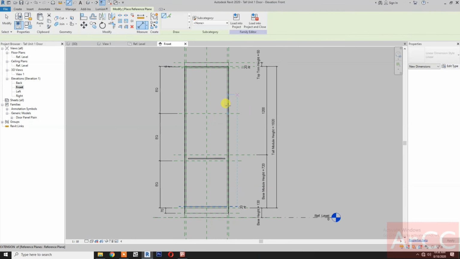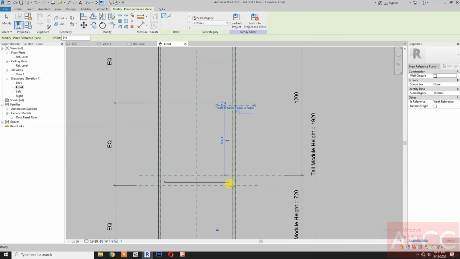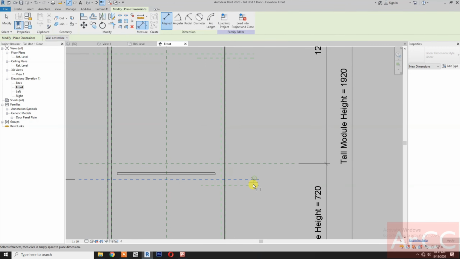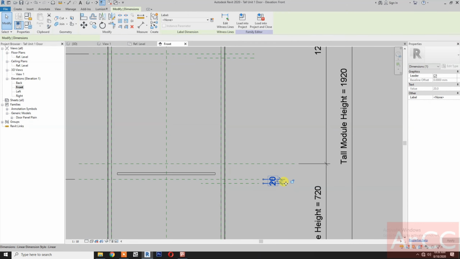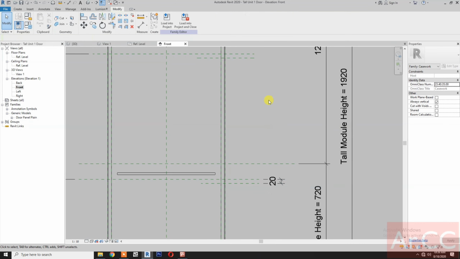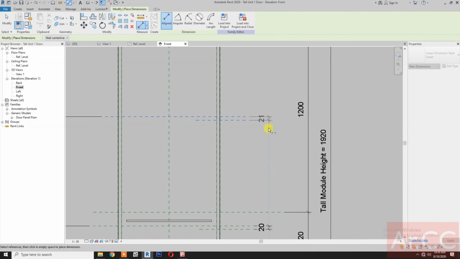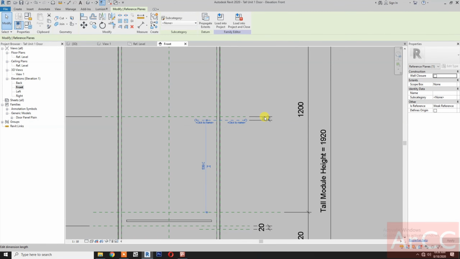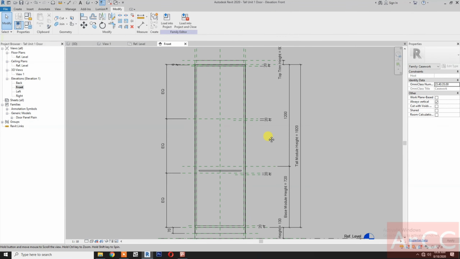then create reference plane, draw reference plane below the reference plane. Okay, dimension. Okay, select the dimension and make it 20 millimeter. Okay, select the dimension and lock. Dimension. Okay, select the reference plane, change the dimension to 20 millimeter. Select the dimension and lock. Okay, next